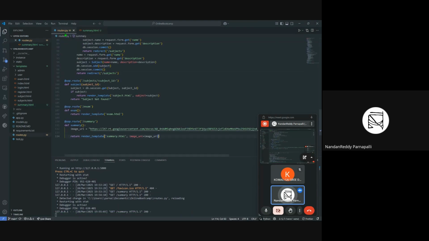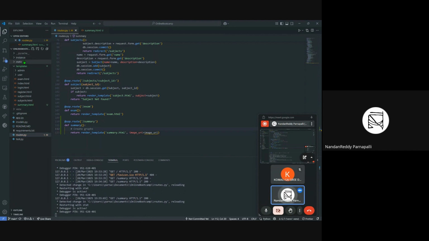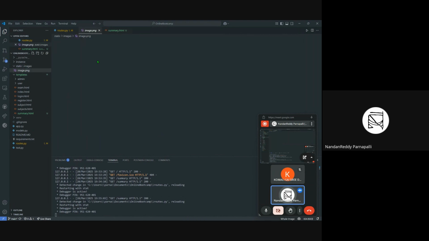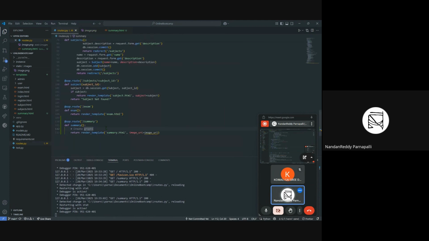Now, instead of this URL, we will create some specific graphs. Before that, in the static folder we will store all the files for the application. We already have some image.png, that is this quiz master. What we can do is show these static folder image files in the front end with a URL. Well, just image URL equal to